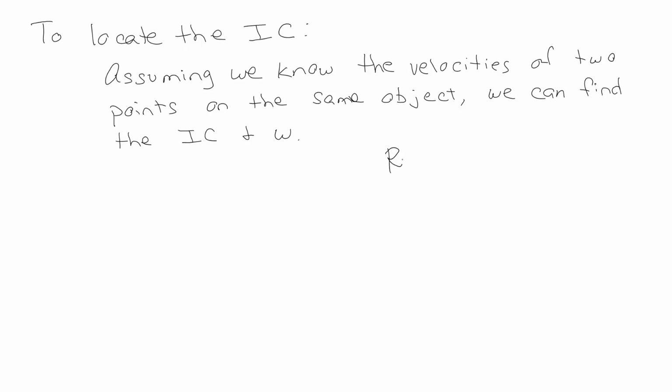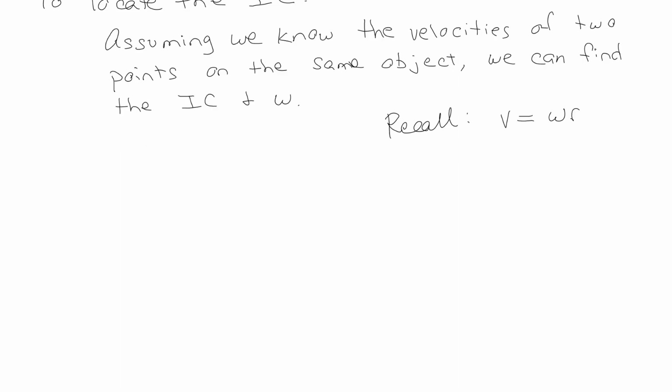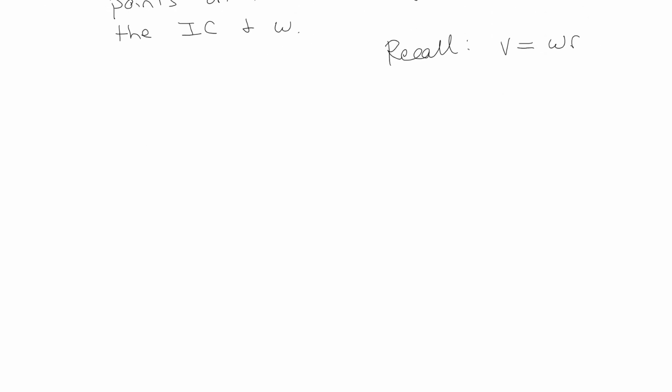Now, something that's important to recall is that in general, velocity is equal to omega times r. So if we're not doing things in vectors, if we're just doing things in scalars, velocity is omega r. Okay, so let's say that you had something like this. Like a vector going this direction, and I'm intending to try to make this straight and flat. So let's say we're going here at 8 meters per second, and I'm going over here at 2 meters per